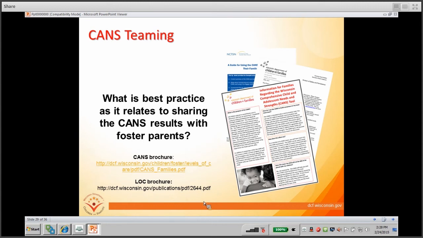Printing the CANS results page, which I will show you on the next slide, will give you a user-friendly version of the CANS to share with families and with out-of-home care providers. And the most helpful of which may be the actionable items page. Again, I will show you this on the next screen, which lists out the items that were scored at a 3, 2, and a 1. This would be really good to share at team meetings. And the last page of the template is a CANS roll-up sheet as well, so I will show you guys this on the next page.